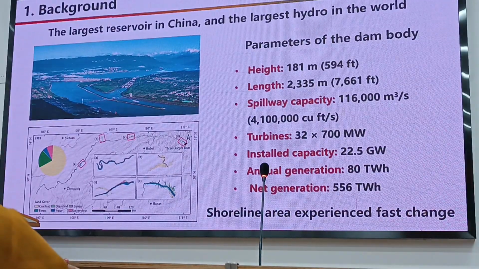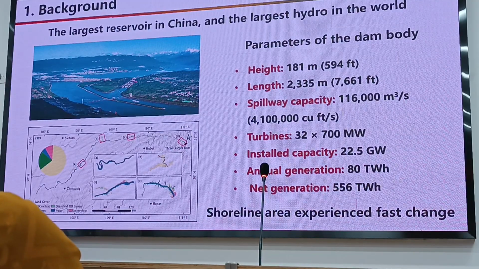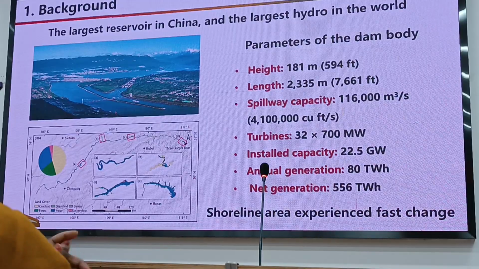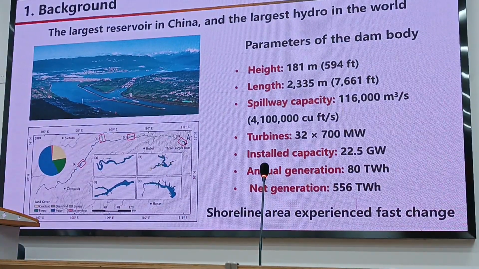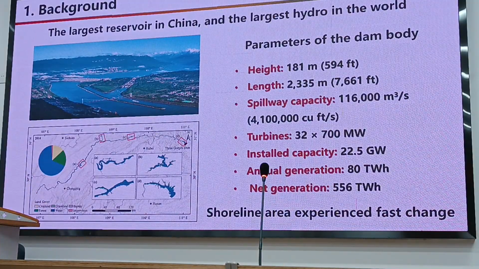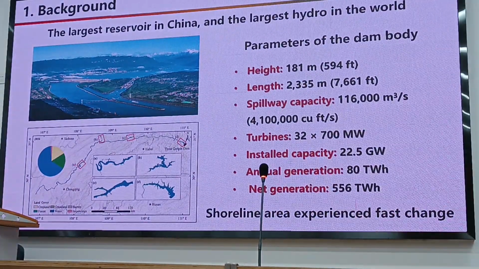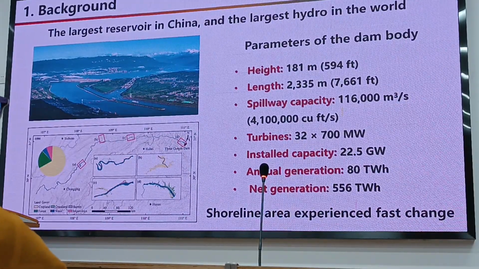So starting from that time, we tried to think about how to do any analysis or research on the Three Gorges Dam. And this is the land use change over the past 30 years of the Three Gorges Dam. So we find this is the dam site, which is this one here. And also we have some different types, and it shows the land use change.